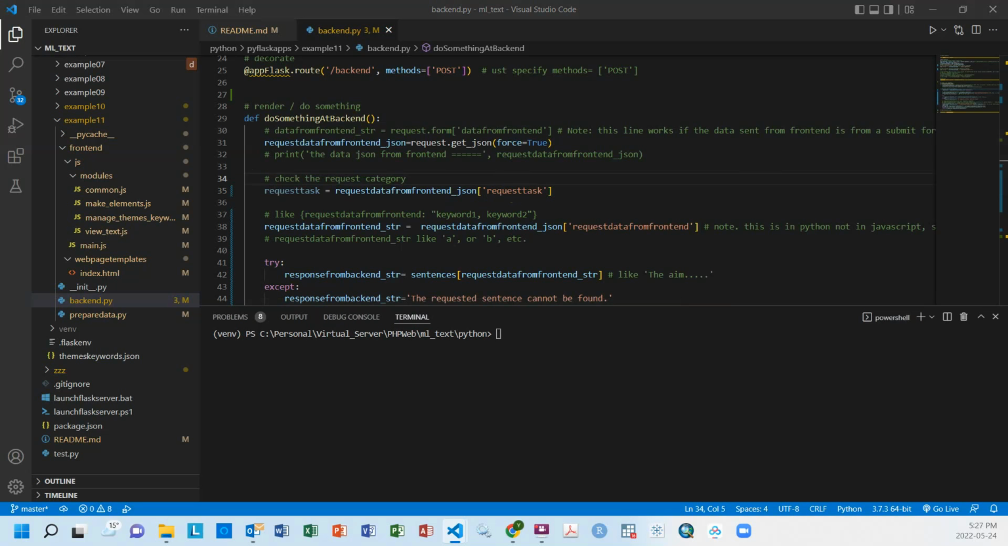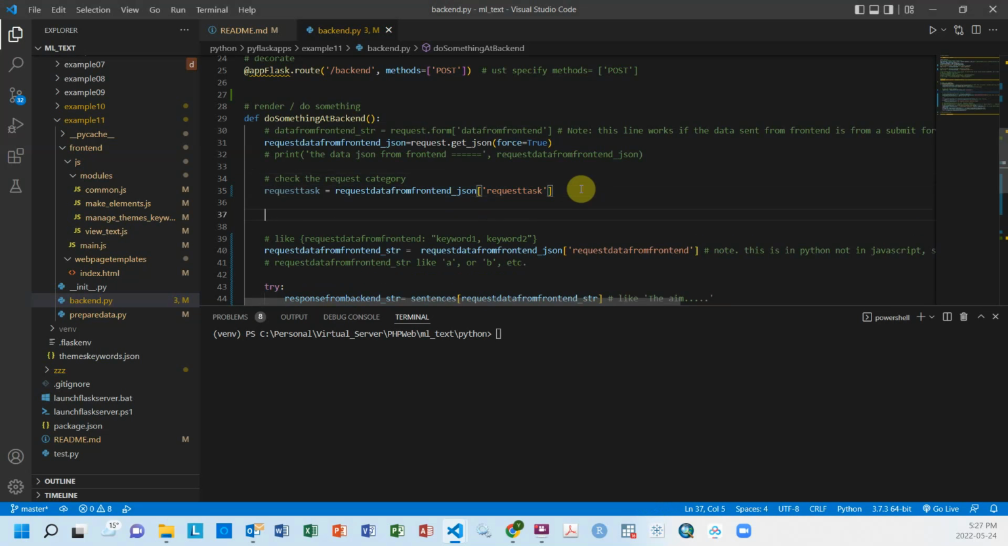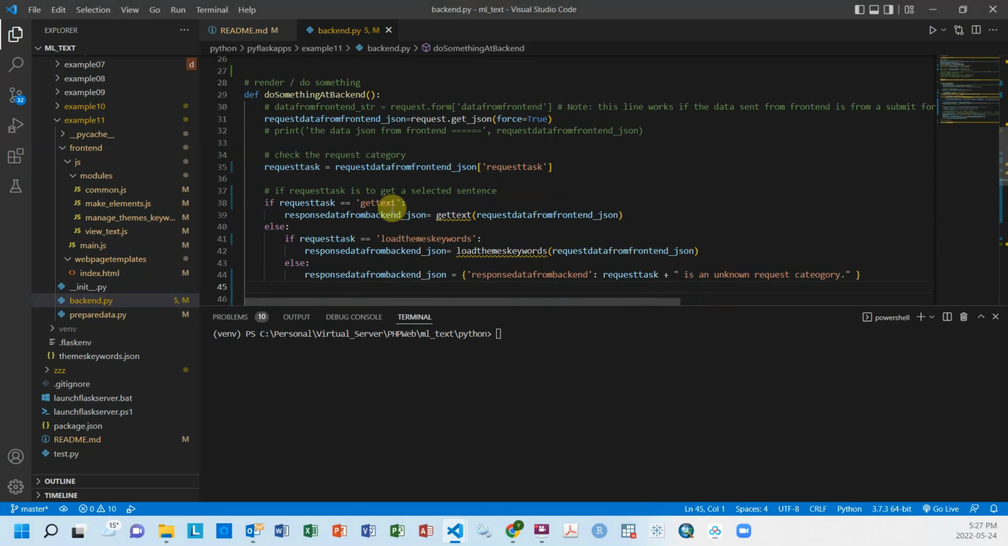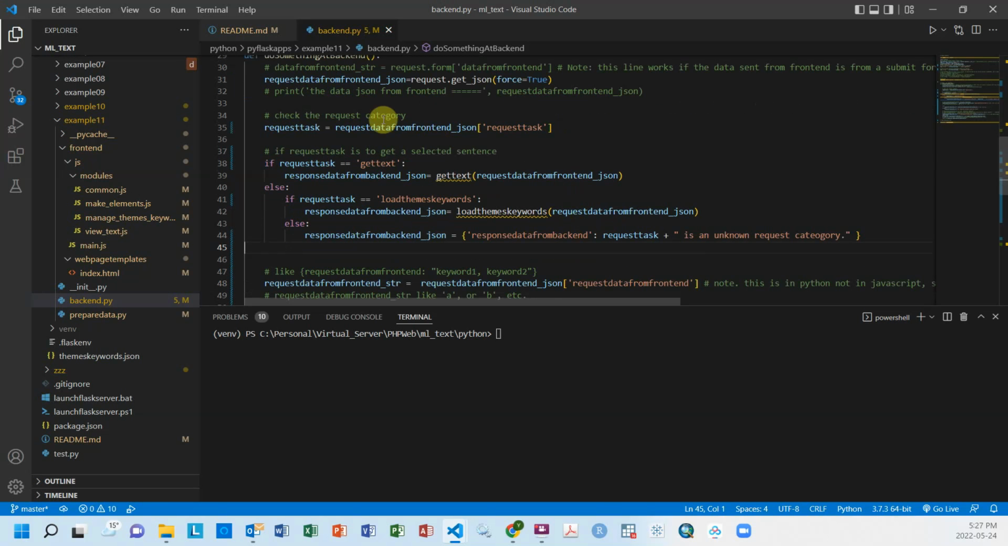So the next is that I'm going to say, okay, if this request task is to get text, then I'm going to run a function. Note that this is a Python function called get text. The only parameter I would need is this JSON. So I'm going to send the JSON to this function, and basically this one is to bring the sentence and